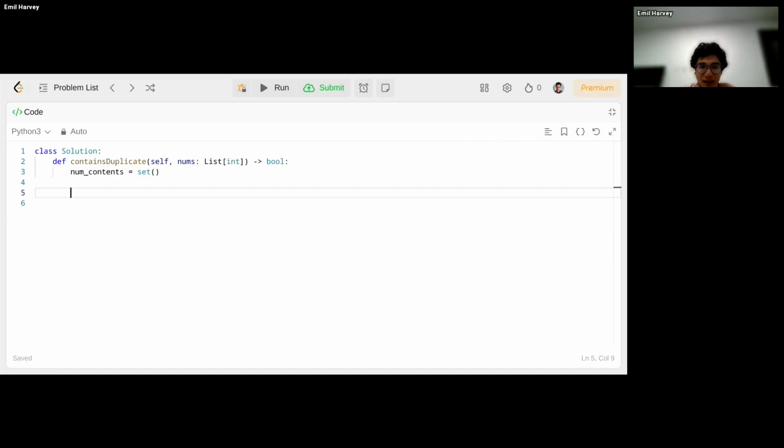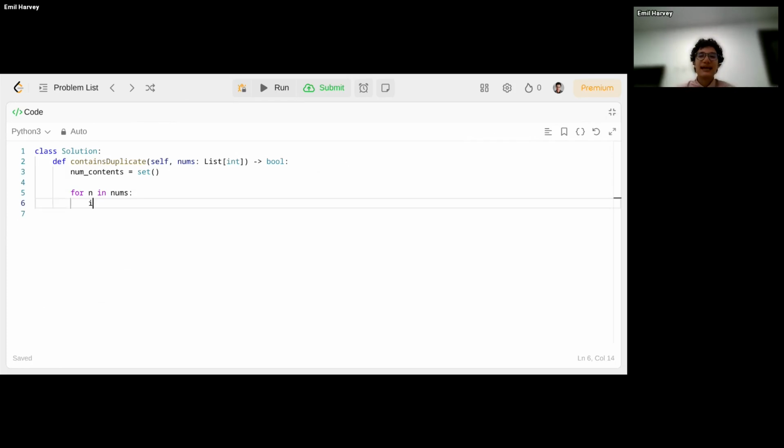So in Python, we can go through the array like this, for n in nums. In other languages, you might do for i equals 0, up until the last index or whatever. But Python makes it pretty easy. And because we have this convenient set thing, we can just check. So this set is initialized with nothing, so it's going to be empty at first.